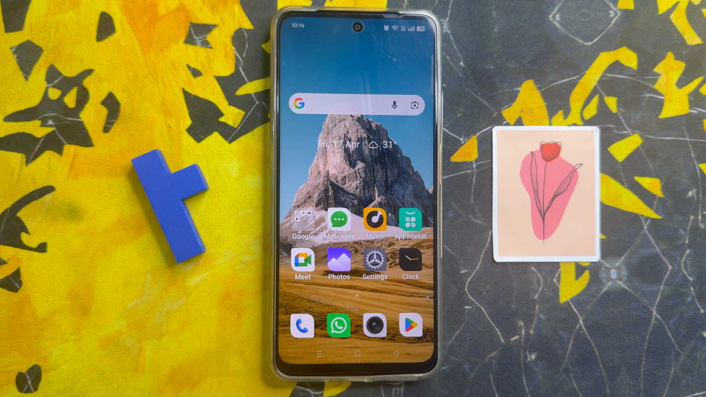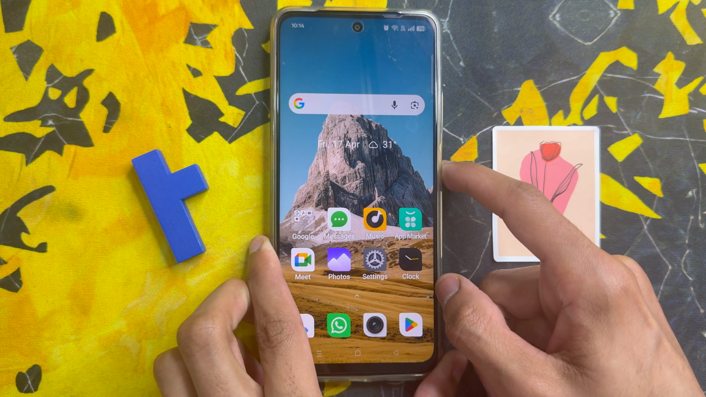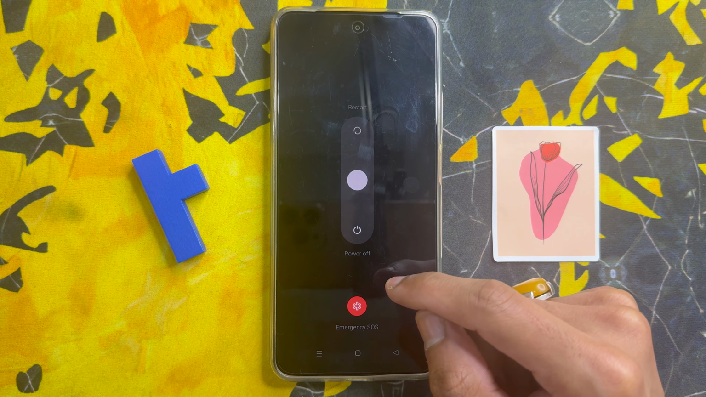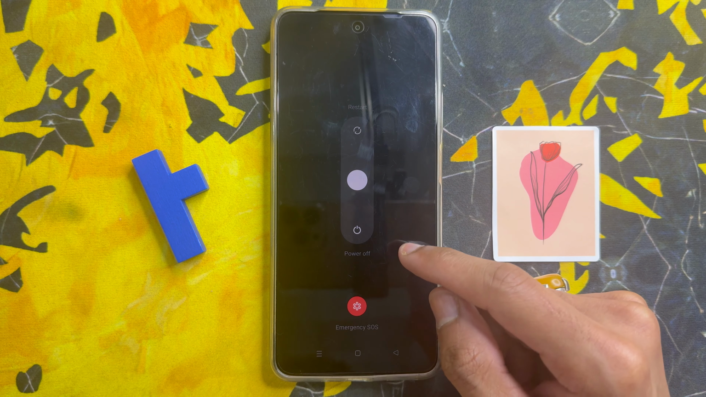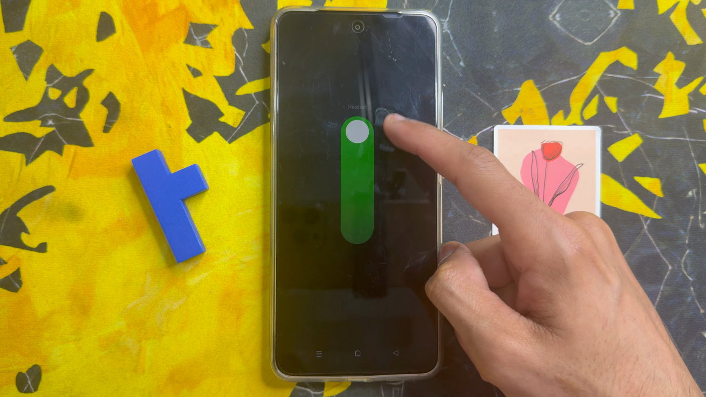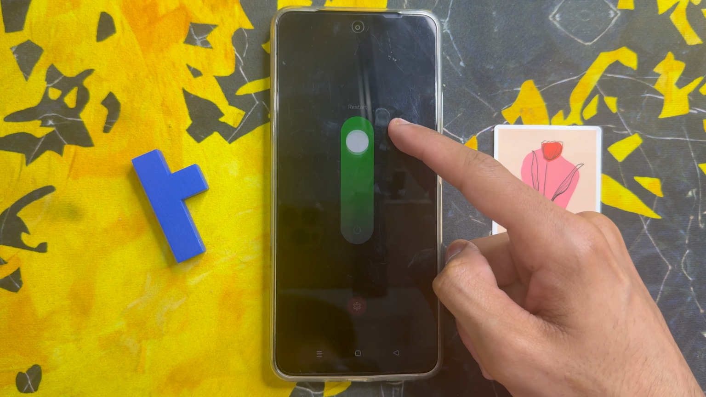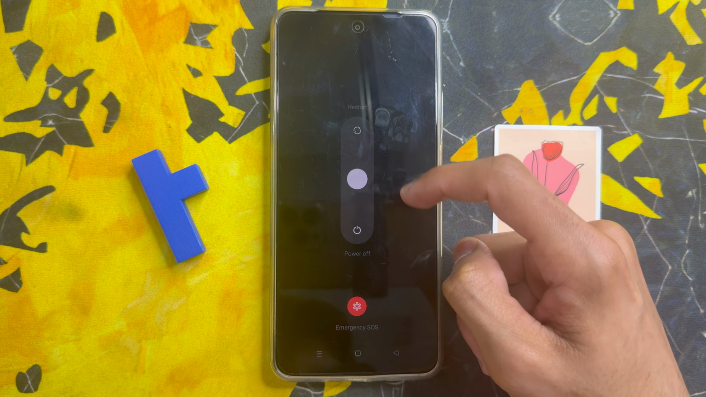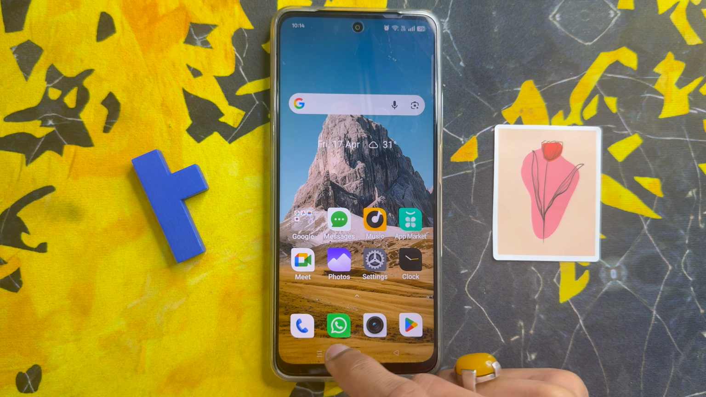So, restart your device. Just click and hold the side power button, and restart the device from here. After restarting, go back to the home screen. You will check if your problem is solved. But if it is not solved, so